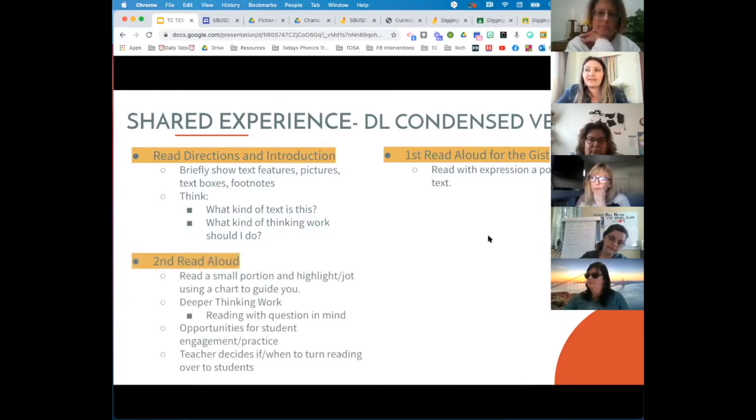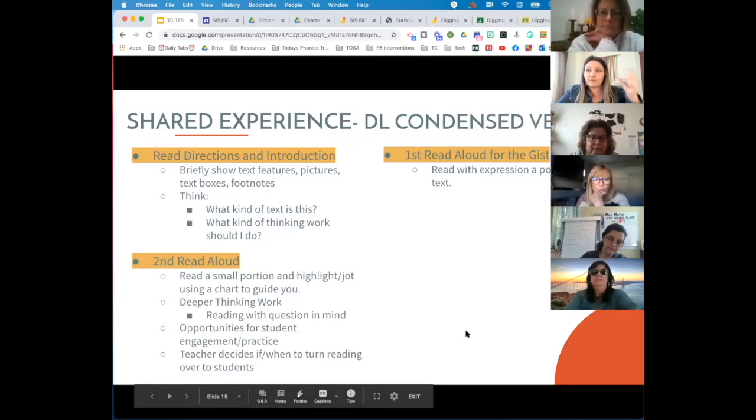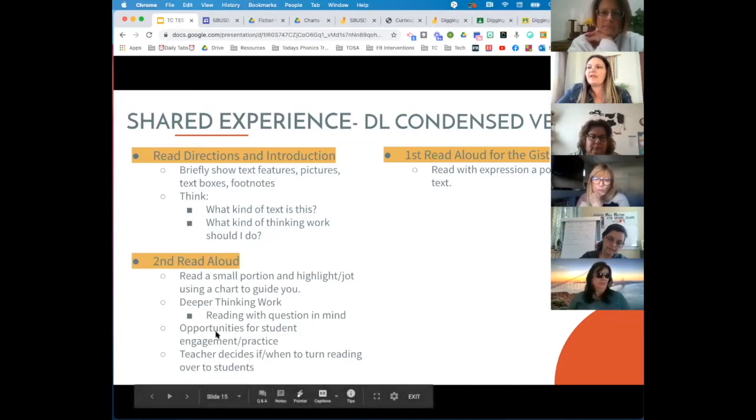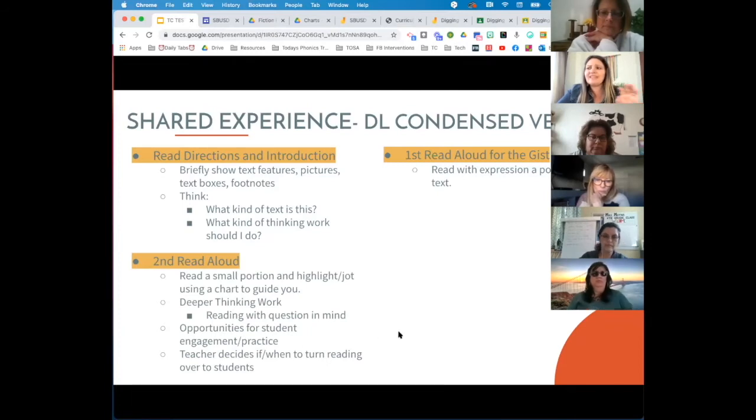Then in the second read aloud, this is where you would invest more of your time. So you're still going to show them the chart. You're going to sort of direct them to be thinking about that kind of work. And then you're going to be reading with that question in your mind, like what is something that we see in fiction writing or in fiction reading? What are we thinking about? And then you're going to give them that opportunity for practice, and then decide when they're going to do the